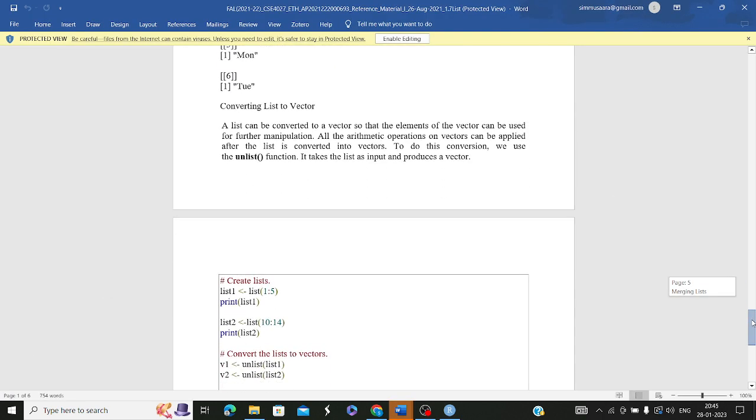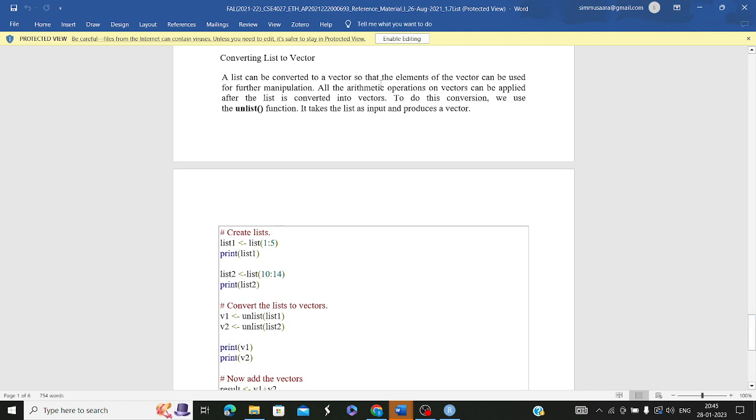Now that you have understood this, let's understand how to convert a list to a vector. A list can be converted to a vector so that elements of the vector can be used for further manipulation. Sometimes there are cases where lists do not work and you need to convert them to vectors to perform some manipulation. So in order to do that, you have to pass your list as input and make use of the unlist function. Unlist, as the name says, is just going to unlist it,